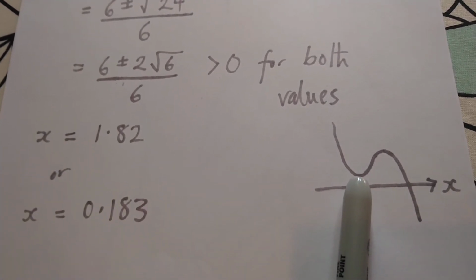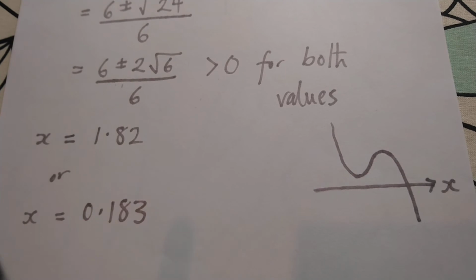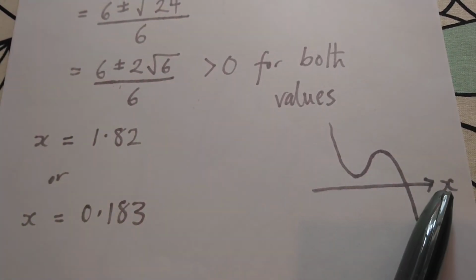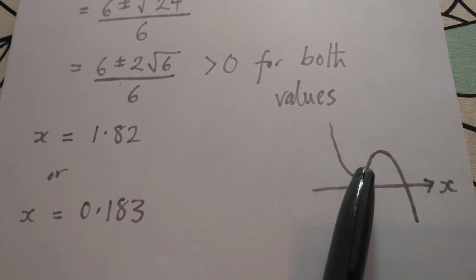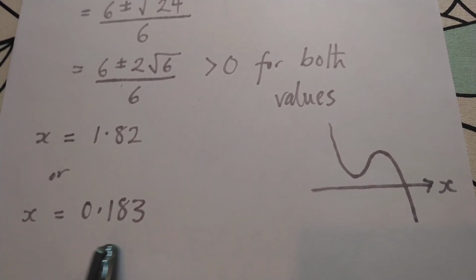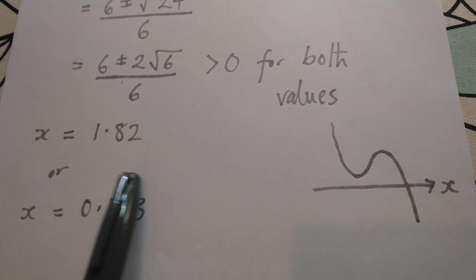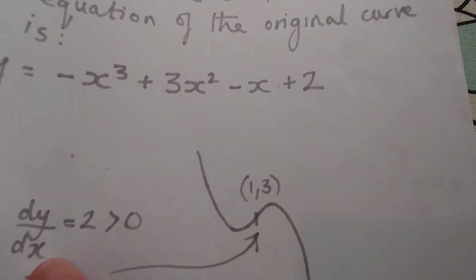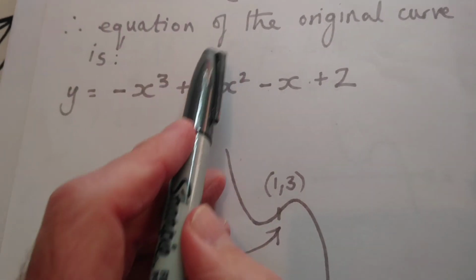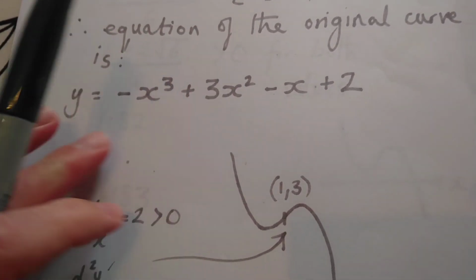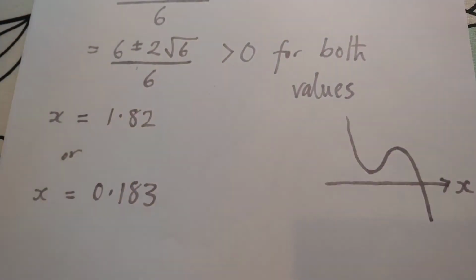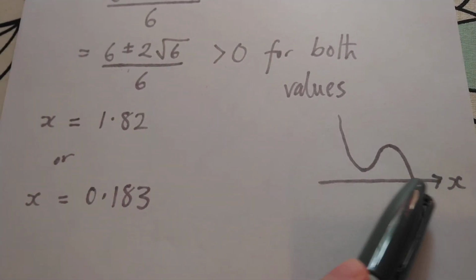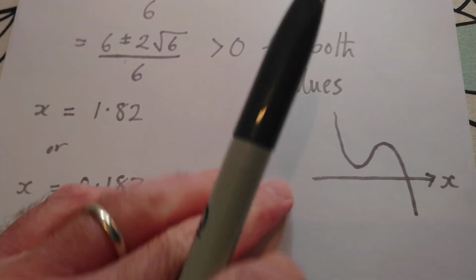And I haven't shown the working for this, but the only other thing we need to check now is that this point here, this minimum, lies above the x-axis. And the way you do that is to simply put this value into the equation for y that we just worked out. Okay, so in other words, we're going to put that value into this equation here. And what you'll find is you get a positive answer. And that means that the lowest point locally here is above the x-axis. So now we can do a proper sketch